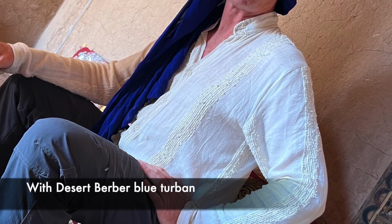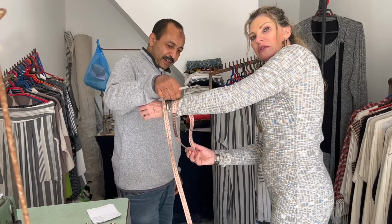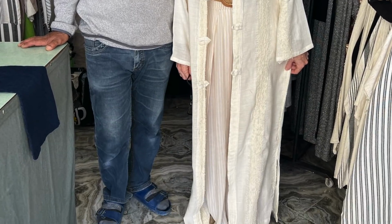So I talked John into getting a shirt similar, and we just have to make sure we don't wear them at the same time so we don't look matchy. But it's beautiful. And this was actually made to order, wasn't it? Because there was one that they had that didn't have any buttons on. They said, "What do you want?" And within 3 or 4 hours they sewed on the buttons here, but they also